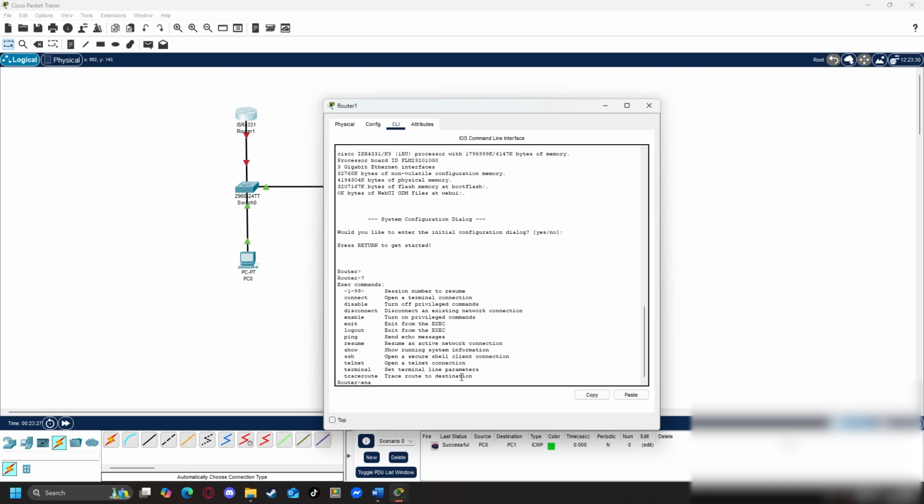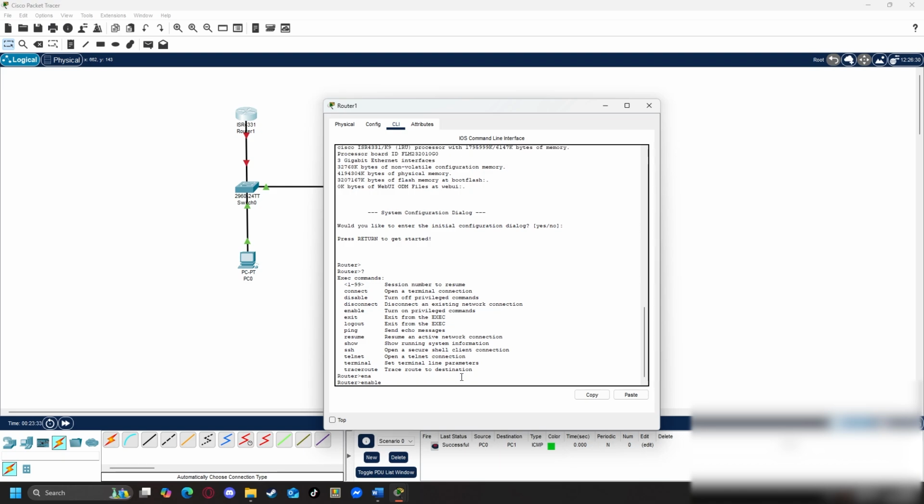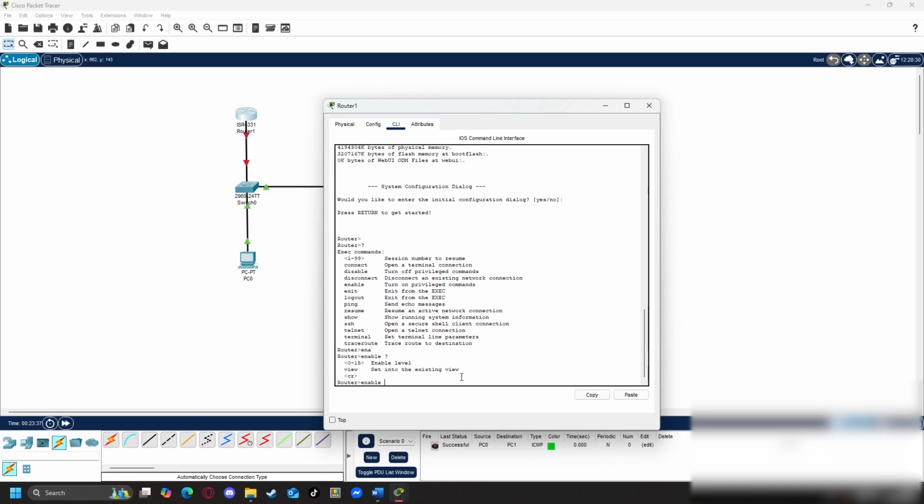So I'm just going to put it as ENA because you can shorten a lot of these commands. If you want to quick complete, press tab and that'll finish the command immediately. You can then put a question mark if you want, and this basically is how you can see at the end of a command what possible things you could end it with.